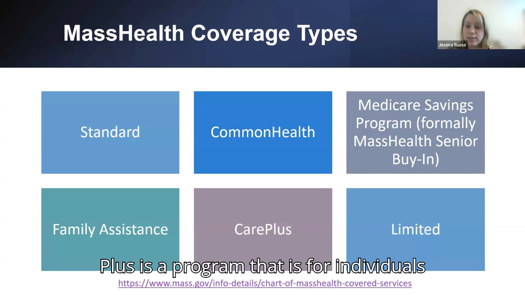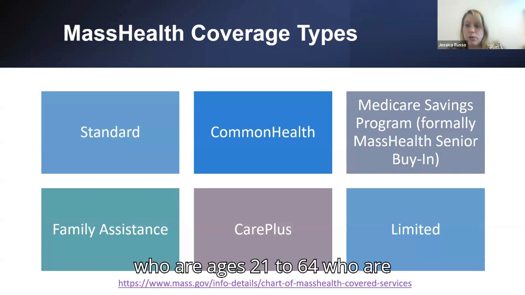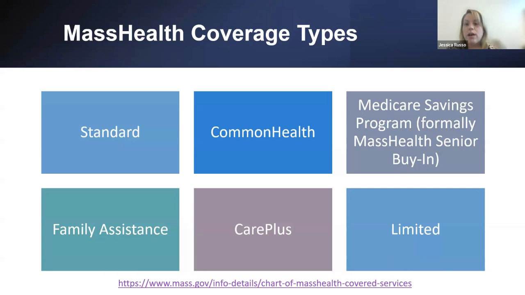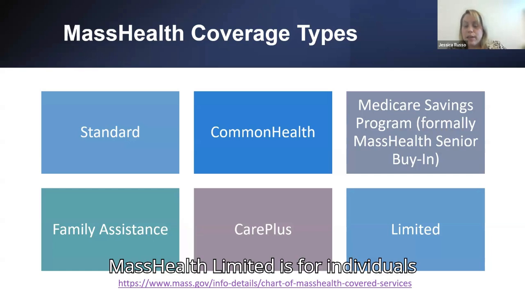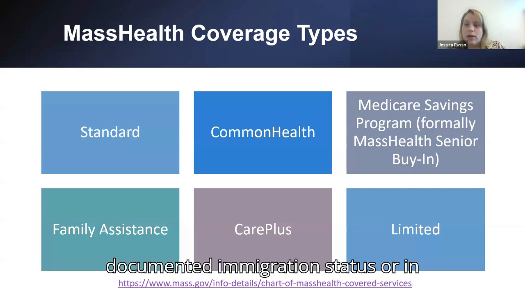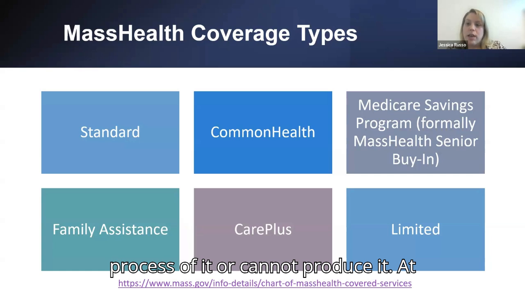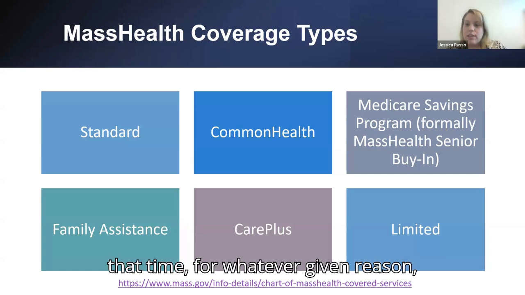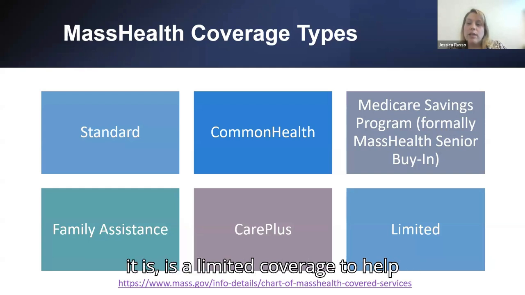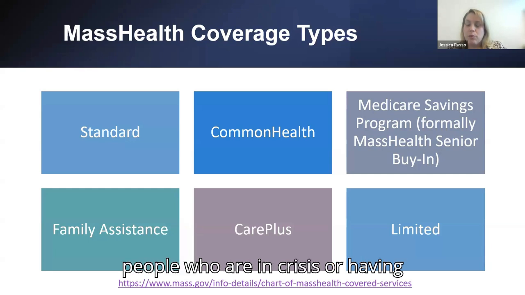MassHealth CarePlus is a program that is for individuals who are ages 21 to 64 who are not disabled but are income eligible to receive MassHealth services. MassHealth Limited is for individuals who do not have documented immigration status or are in process of it or cannot produce it at that time for whatever given reason. Then they're at least eligible for this MassHealth Limited, which is exactly what it is, a limited coverage to help people who are in crisis or having major medical events